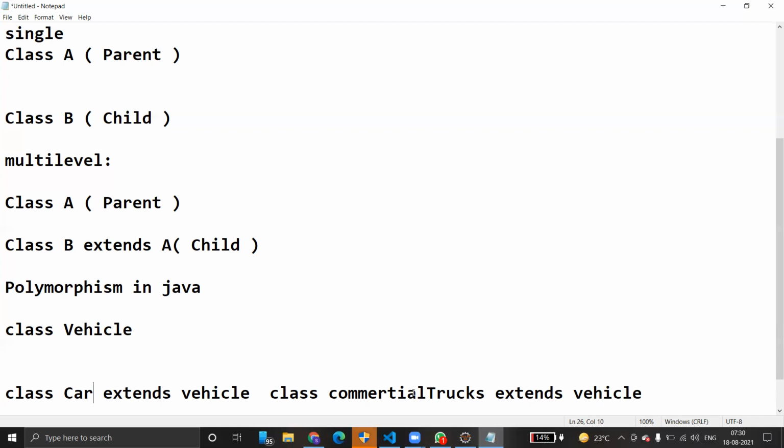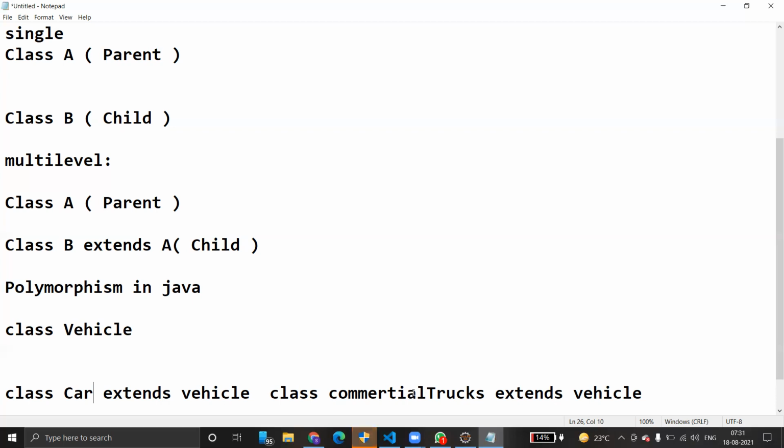So what is polymorphism in programming? Polymorphism in Java provides the capability of a method to do different things based on the object it is acting upon. Polymorphism allows a tester or developer to define one interface and have multiple implementations.